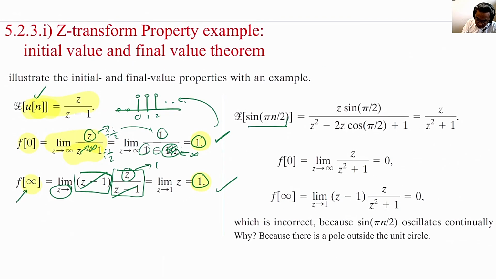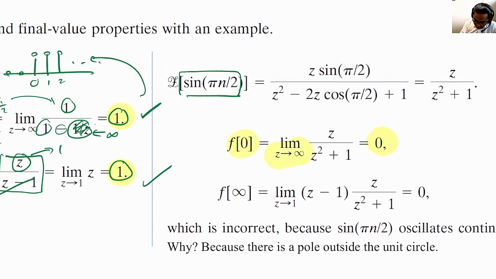What about sine of pi over 2 n? In this sequence, we know that it is a sinusoid and it is spinning as n continues. It has a constant value at f(0) because we can substitute n equals 0. Sine of 0 is 0. We can also get this using F(z). This is F(z) for the causal sinusoid sequence,